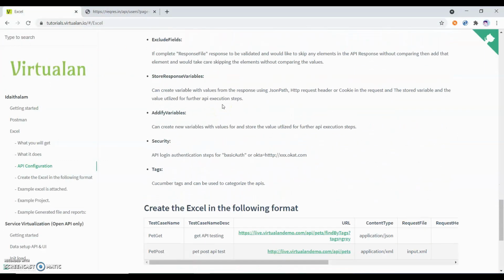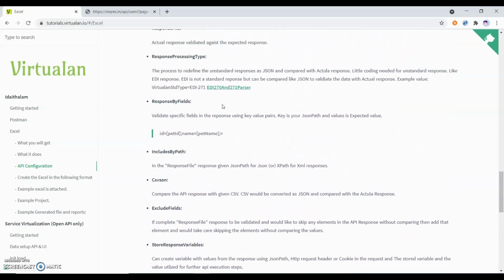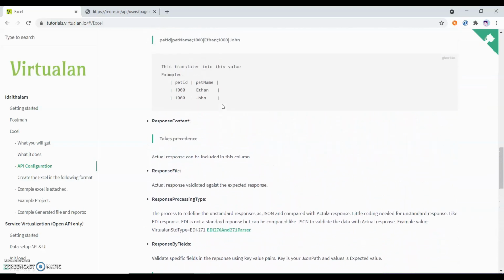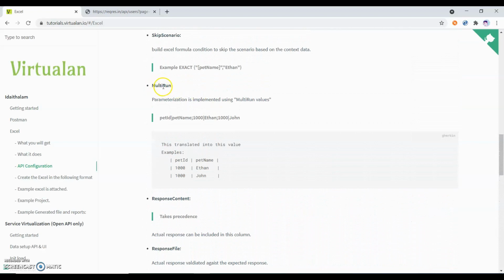Then if I see the documentation, you can see there is multi-run. Parameterization is implemented using multi-run values. So we need to use this column called multi-run here, and we need to pass this type of syntax.